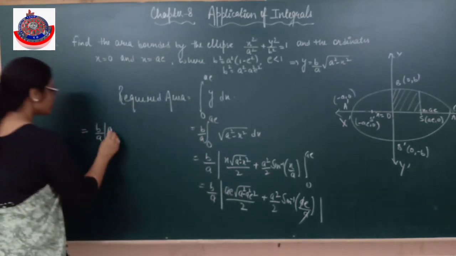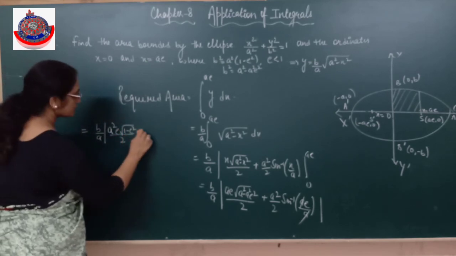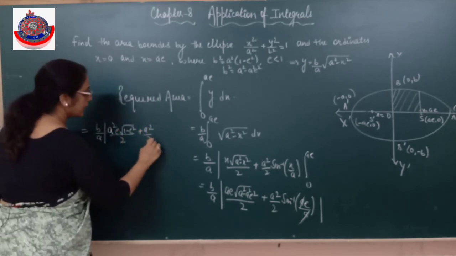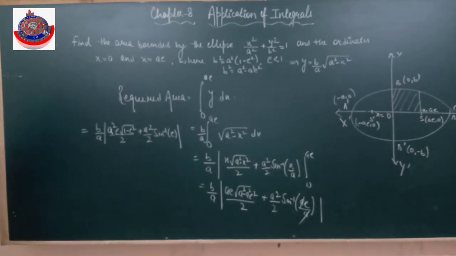A square can come out. And then we cancel. Is it clear? Alright. So we can write it this way. Clear? So you just have to make a rough sketch, whatever we are writing, and then solve it accordingly. Understood? But one more thing is there. If you read this question carefully, they did not say that you have to